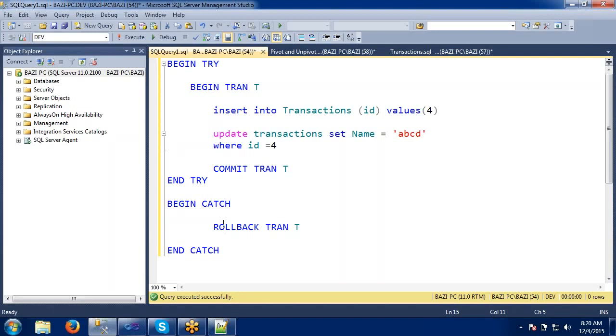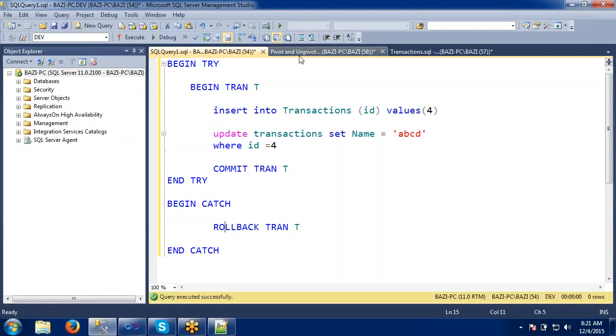This is how our transactions will be taken care of. We are not inserting the complete record, just skipping that entire one without any interruption, and going for the next record.